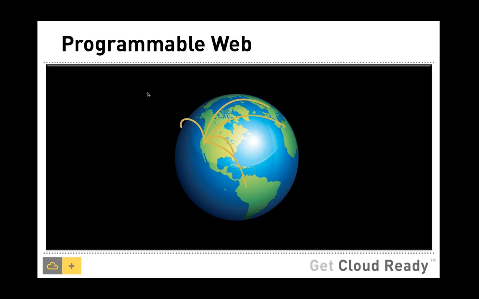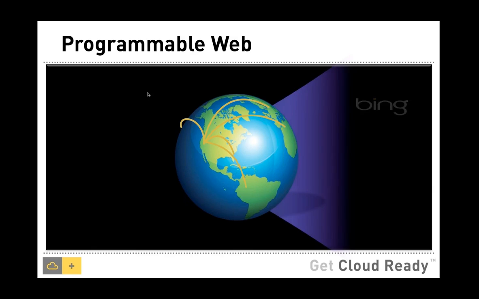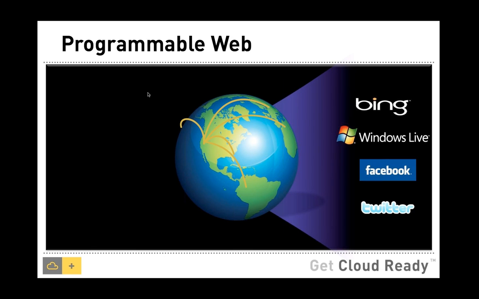The next important evolution in the last decade has been the programmable web. So initially, the web was all about being static. Then it became dynamic, and as we know, there have been many portals and many websites. For example, when you use Bing, Windows Live, Facebook, Twitter, Google, any of the popular portals, they not only deliver content or experience in the browsers, but they also expose APIs. And these APIs enable the new generation of applications to consume the capability.